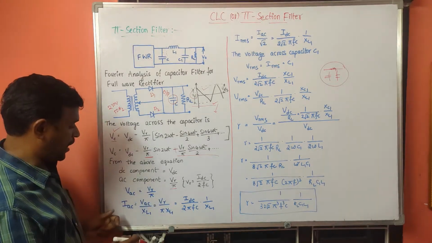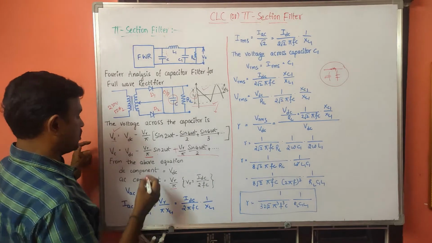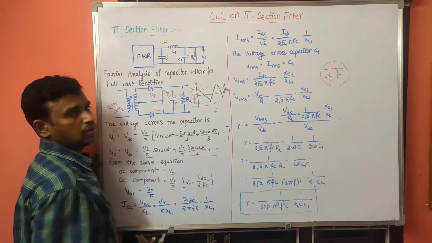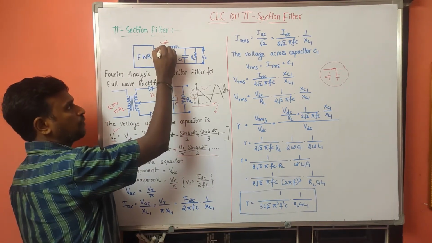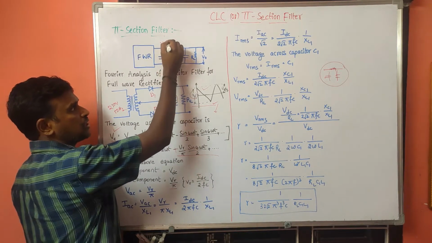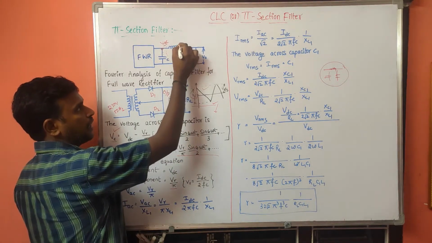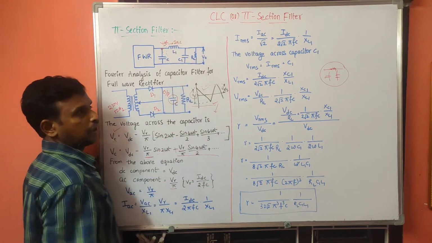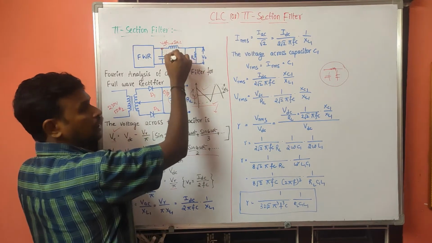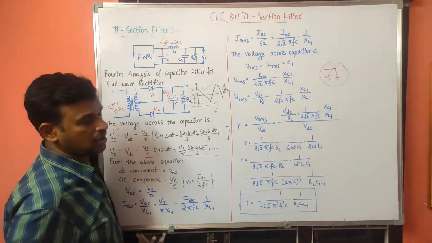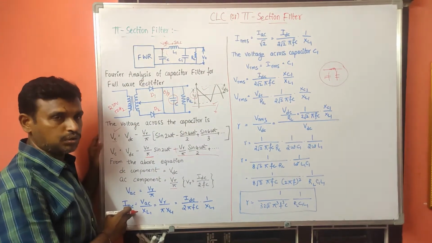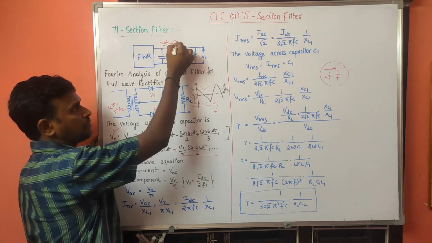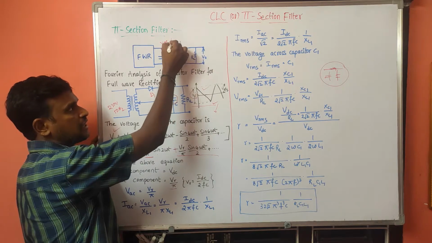Now IAC I require. Because the output of this one is VAC here. So across this one, after passing through this, the output of the capacitor is VAC, and I want the IAC, that is the current that is flowing like this. And what is the resistance here? We have the reactance of the inductance. Therefore IAC is equal to VAC by XL1. That means because of this voltage there will be some current flow, so that current flow I will consider as IAC.